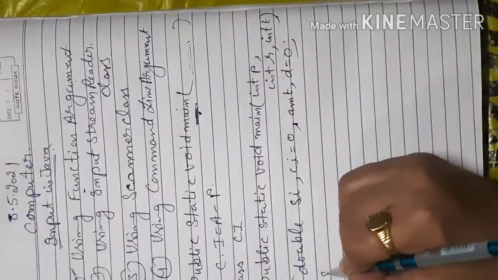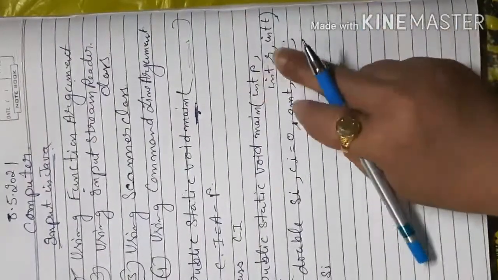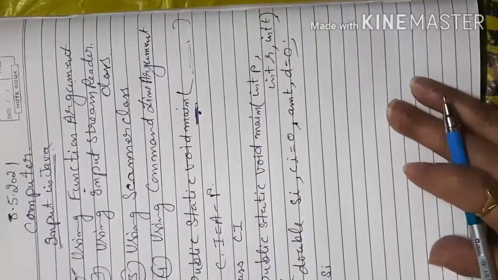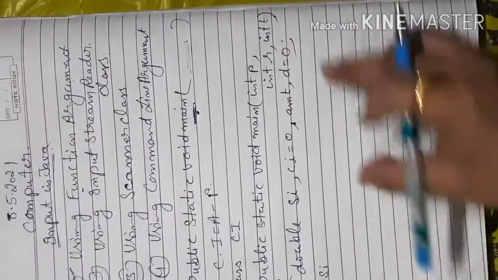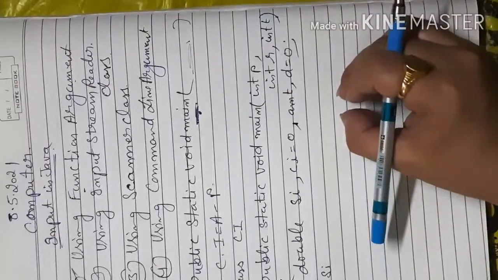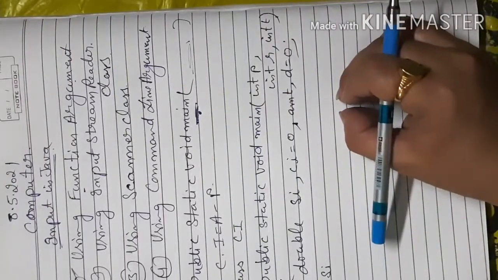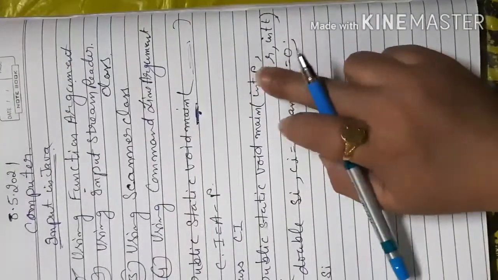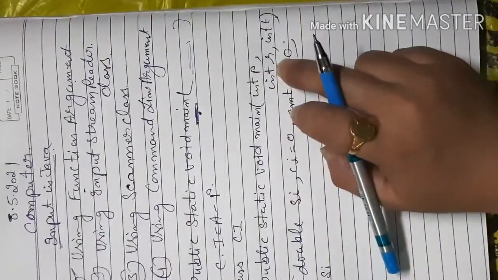So now first I will calculate simple interest. Only three values I need: principal, rate and time, that I take from the function argument from the keyboard. So how will it accept? When you run the program, a dialog box will appear. From there it will ask, and three boxes will be there.